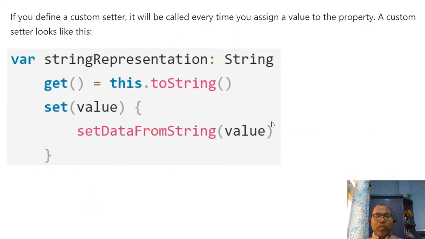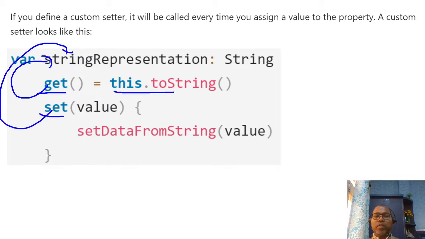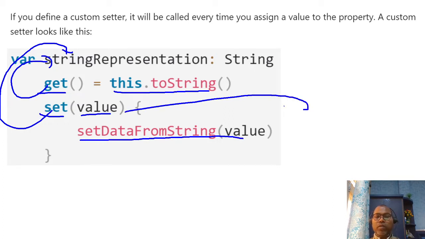Similarly, if you want to provide a setter, two keywords are used: one is get, one is set. This is the getter for this variable, and this is the setter for this variable. In the getter, whatever you want to return, and in the setter, whatever value you want to set, you can do some parsing or condition checks, anything else, in the setter and getter.